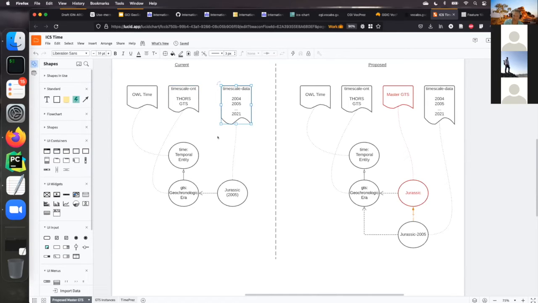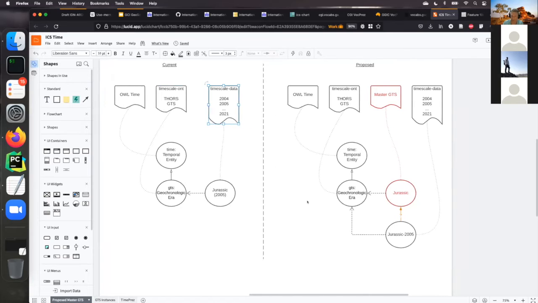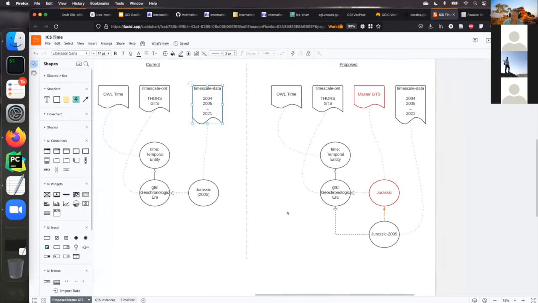Now, each of those timescales has the Jurassic in it, say, and the Jurassic in the 2005 data is of course the Jurassic time period as it was known in 2005. And that's okay, but we can think of a better way of doing this. And the proposal from Steve, which I support, is that in fact we inject another